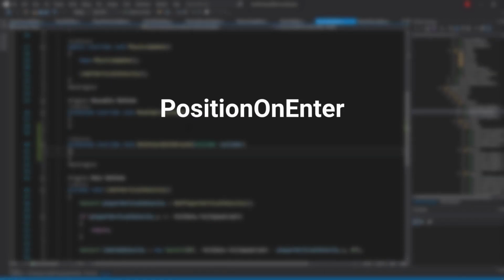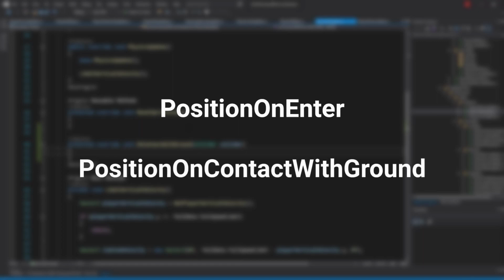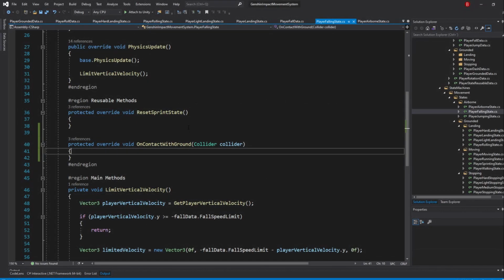The way we'll be knowing it is by saving the position of the player when it entered the falling state and then the position of the player when it collided with the ground. Knowing both, we can then subtract the y value of one from the y value of the other, which gets us the vertical distance between both positions. Of course, we should also always make this value positive. This is because the jumping state transitions to the falling state when it reaches its stop point, which means we can fall onto a ground that was above our previous ground, which gives a negative distance.